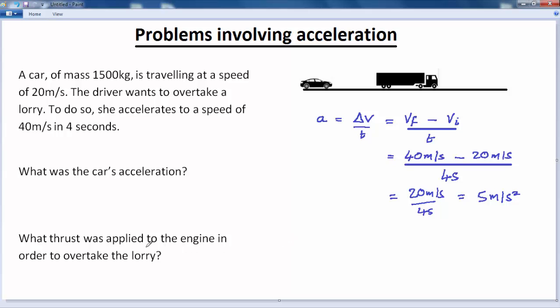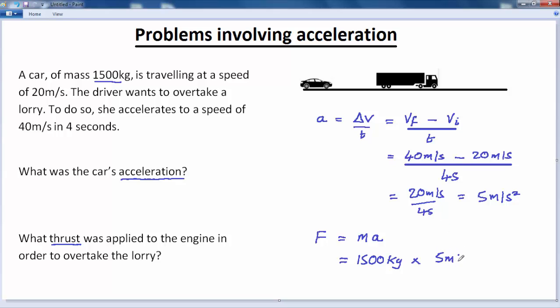So you've got to recognize here this is a Newton's second law problem. We've got thrust, which is a force, we've got the mass, and we've got the acceleration of the body. And that is F equals m times a. In this particular case it's a simple question of substitution. We just need to substitute the mass of the body, which is 1500 kilograms, and its acceleration, which was 5